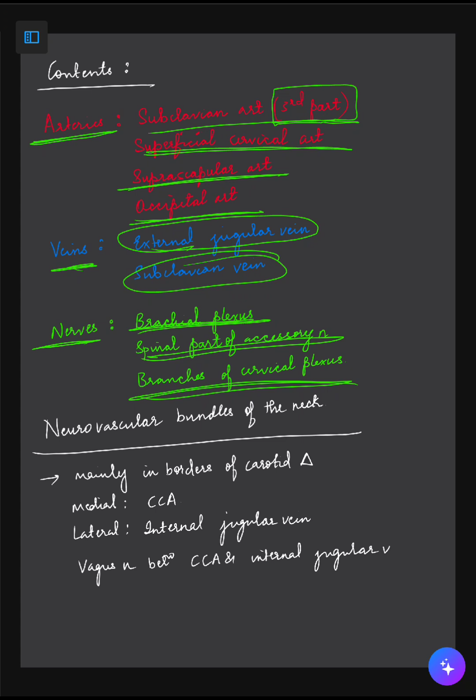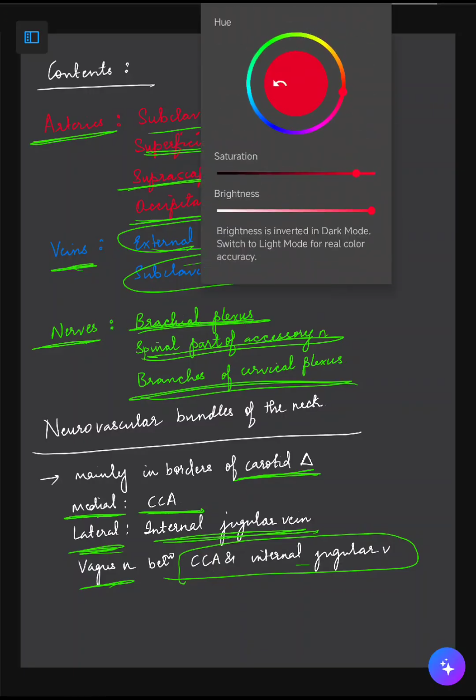Now these neurovascular bundles are mainly in the borders of the carotid triangle. With relation to this, medially is the common carotid artery, laterally is the internal jugular vein, and the vagus nerve is between the common carotid artery and internal jugular vein. If we see how it stands,